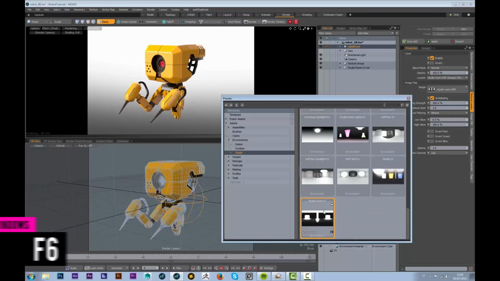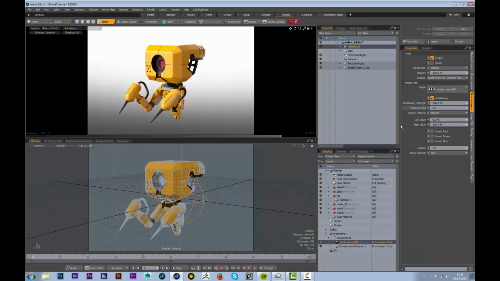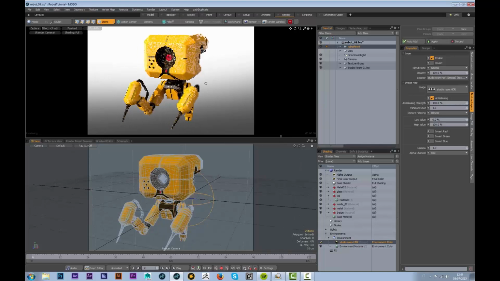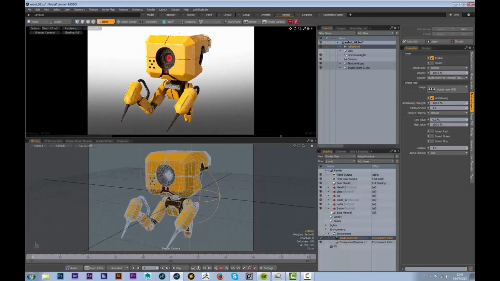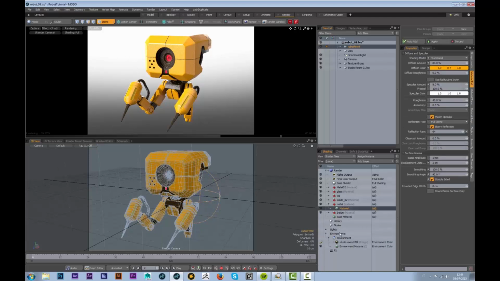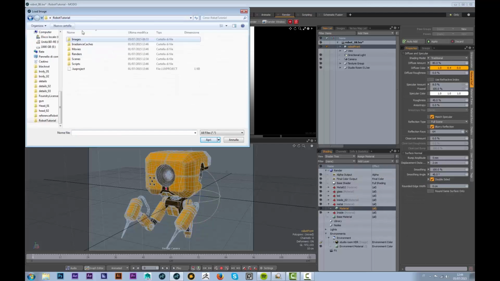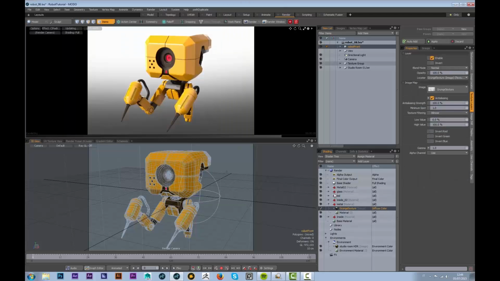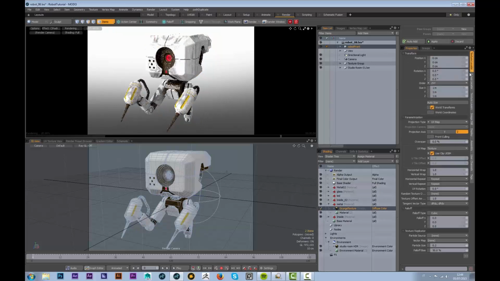I take this in preset folder in environment studio in Modo, and very simple lighting in metal. Now image map load image, I take the image folder, in image folder grunge texture, and in diffuse, and now in texture locator change UV map in solid,